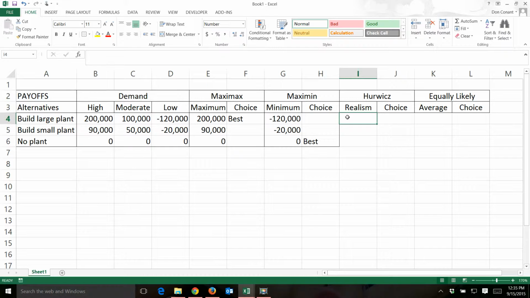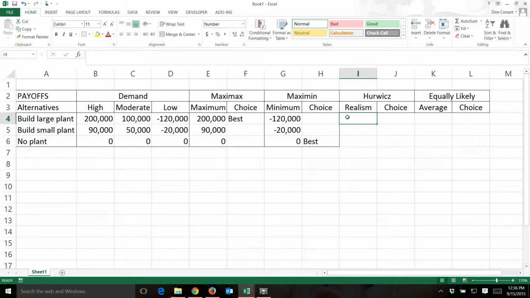So if someone is generally optimistic, 60%, the Hurwitz method would multiply the maximum outcomes, the optimistic scenario, times 60%, weight it at 60%, and then take the minimum payoffs, the pessimistic outcome, and weight it at 40% or 1 minus the alpha. Then it would add the two of those together, and that would give the realistic assessment of the value of